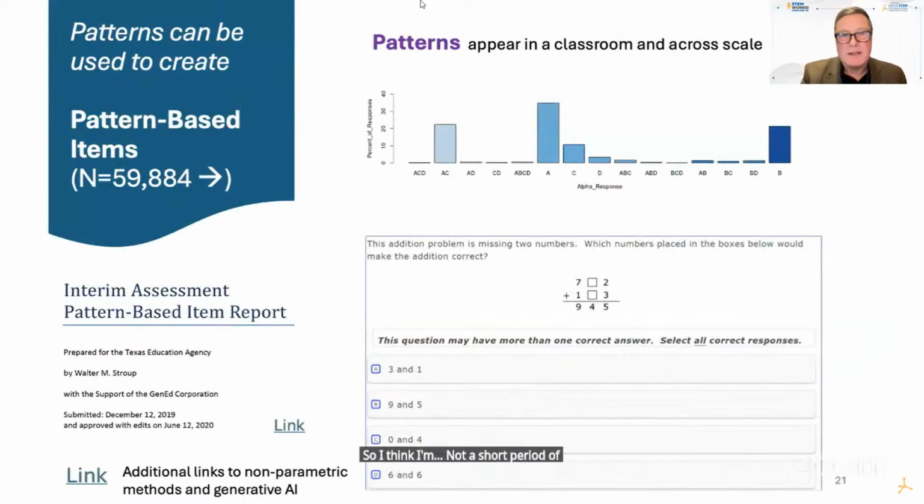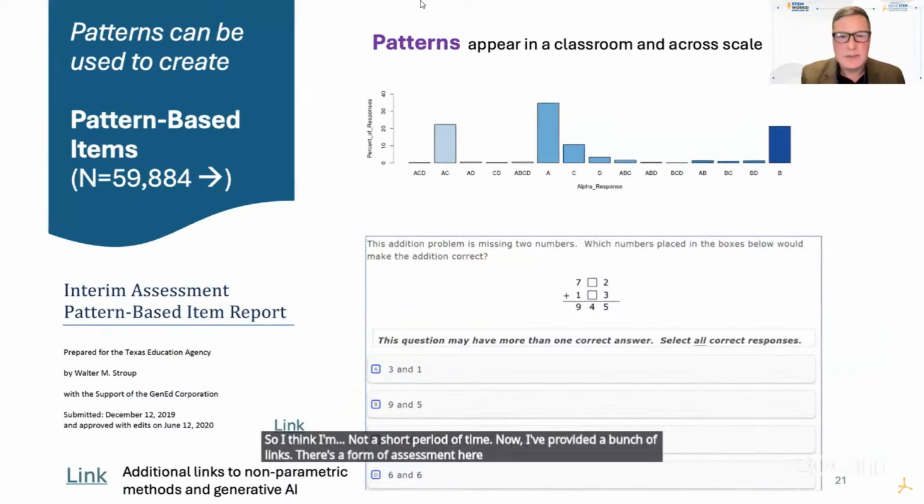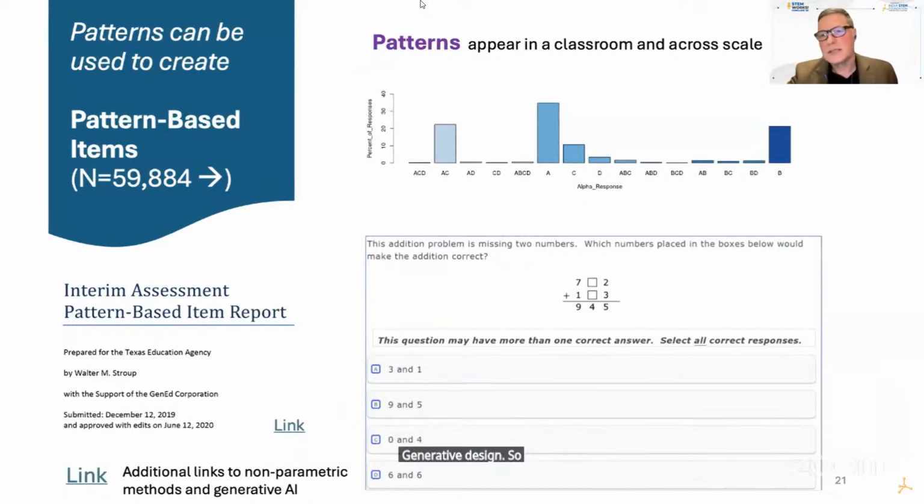Now, I've provided a bunch of links. There's a form of assessment here. So here's a 3-column edition that was done with, I think, almost 60,000 third graders. The distribution above is the different combinations of letter responses. So this is called pattern-based assessment, but it grows out of what I just did with generative design. So then you can create assessments that look for patterns